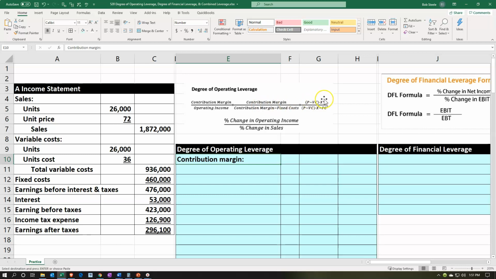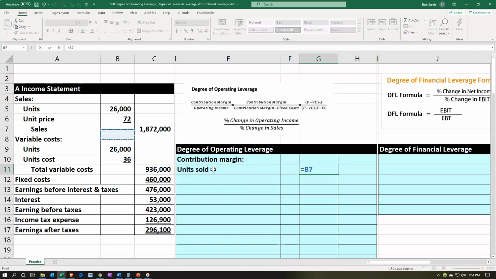So that's going to be the units. That's what X is here. So I'm going to say we have the units sold. Units sold is what X is. And it looks like the units sold was 26,000 units sold. Now, by the way, just note that I'm going to go by this formula up top, because they want the price minus the variable cost times the units sold. But you could just calculate the contribution margin as, if we already have the income statement, total sales minus total variable costs, and we would get the contribution margin. But I'm going to get to that number the way they have it in the formula here, which is going to be the units sold X times the price minus the variable costs, and we call that the contribution margin